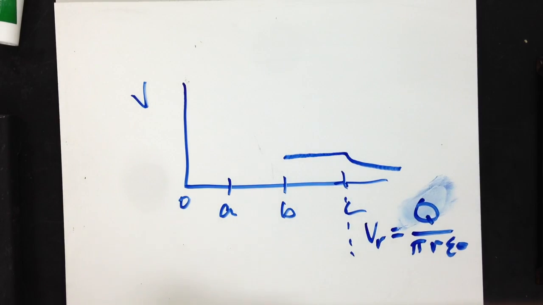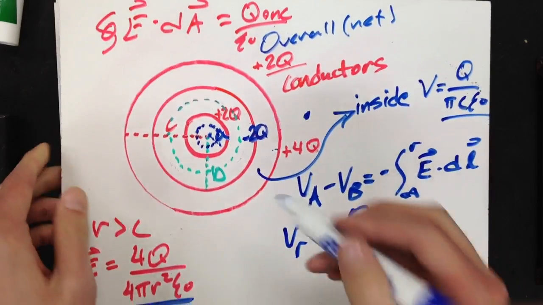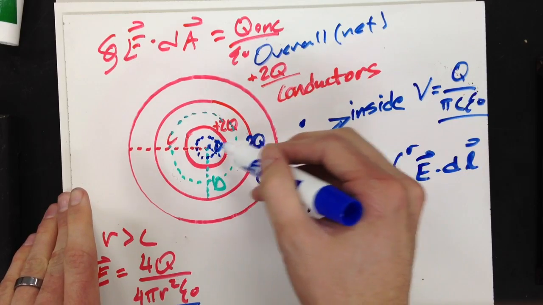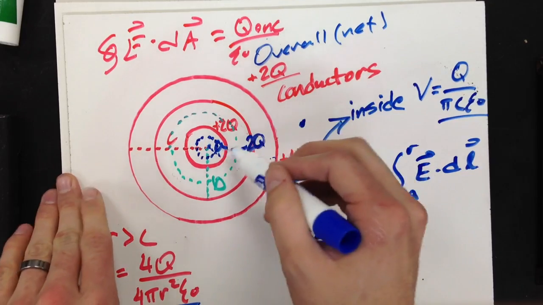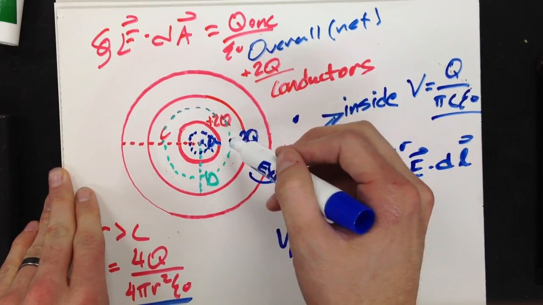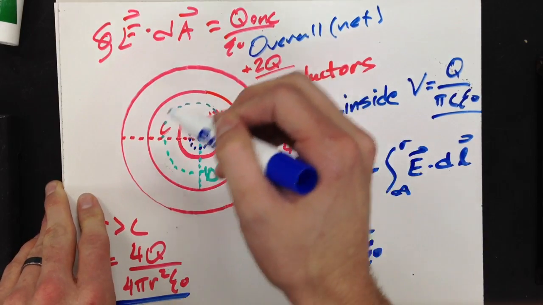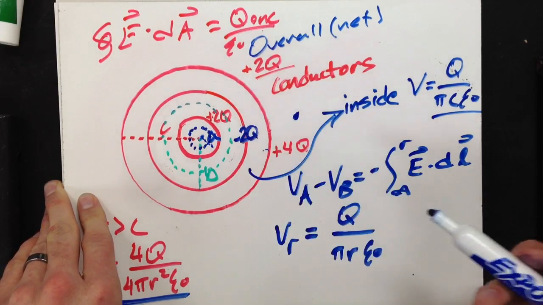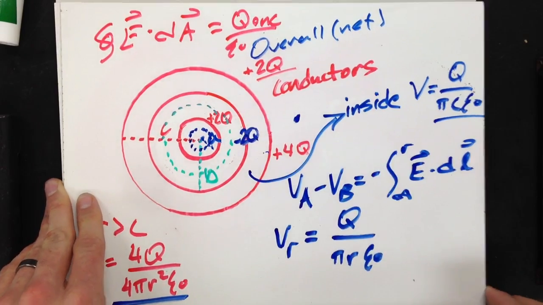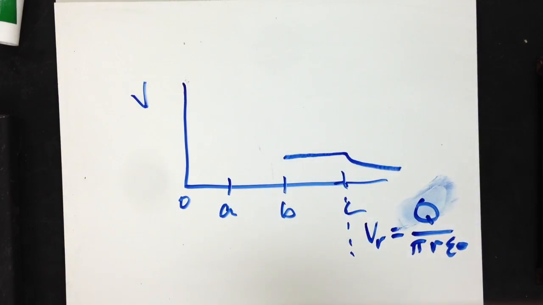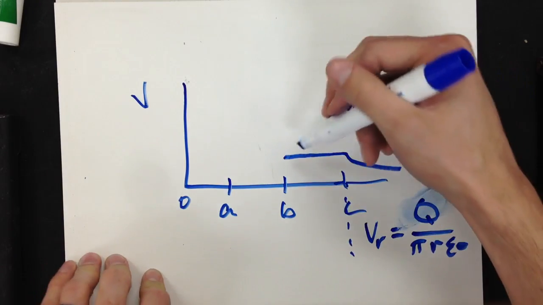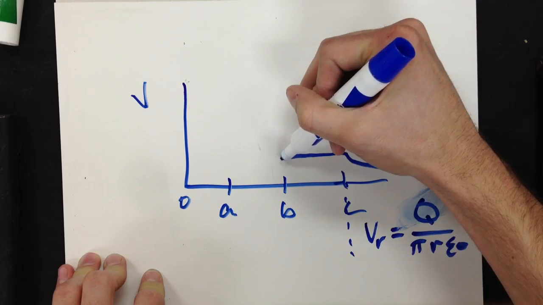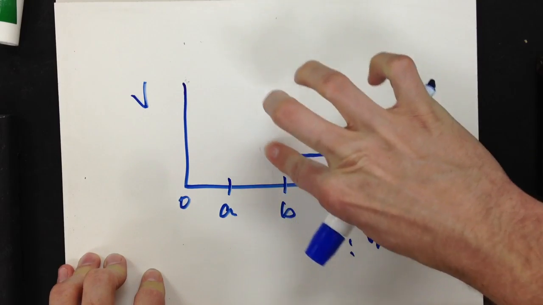Then in the region of space in between my two conductors, I've got potential again. And it's going to again be proportional to 1 over R. And because these charges are the same on both conductors, this is actually going to be a fairly smooth